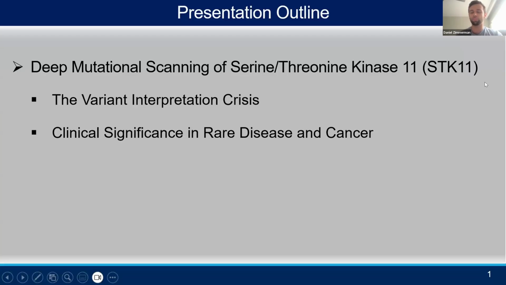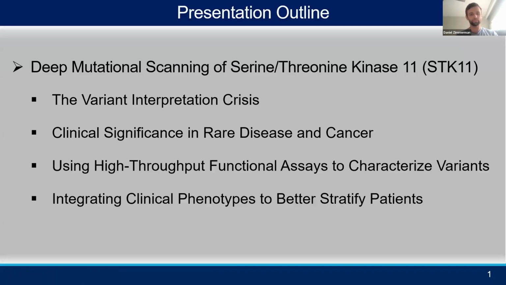First off, I'll put serine threonine kinase 11, STK11, into the context of how it fits into the variant interpretation crisis, and then transition into talking about its clinical relevance, both in a rare monogenic disease and in somatic cancers as well. For the latter half of the talk, I'll focus on the mutational scan that we performed to characterize thousands of different variants simultaneously. And one of the most interesting parts in my eyes will be integrating that data, the results that we have, with phenotypic data for the purposes of improving patient stratification and, of course, to help with variant